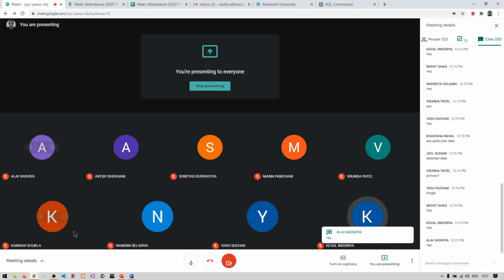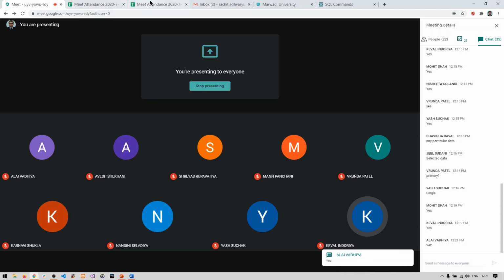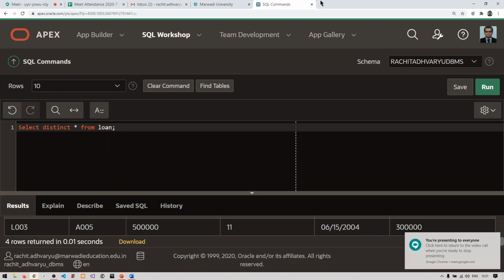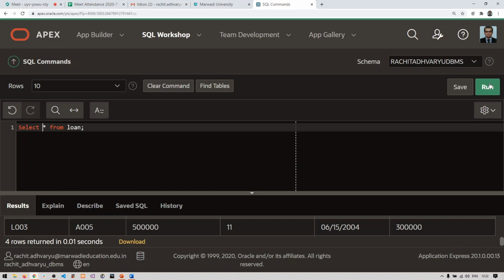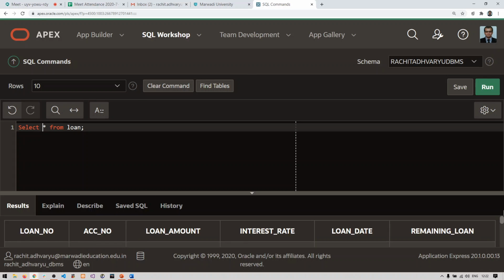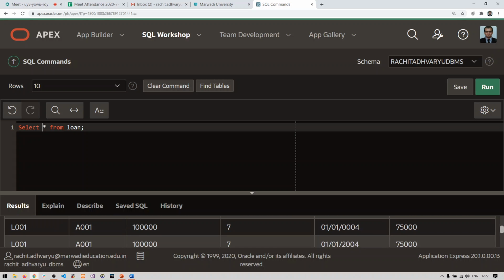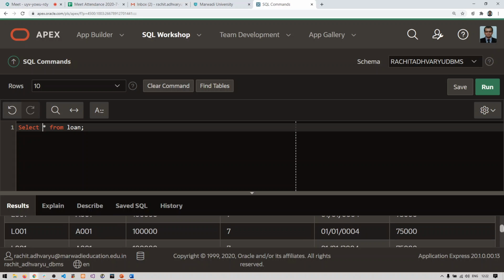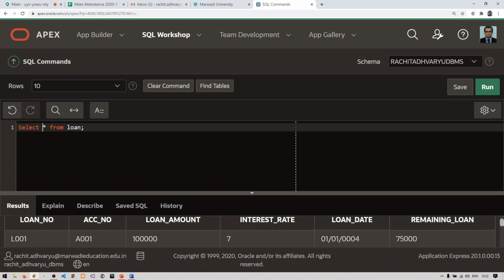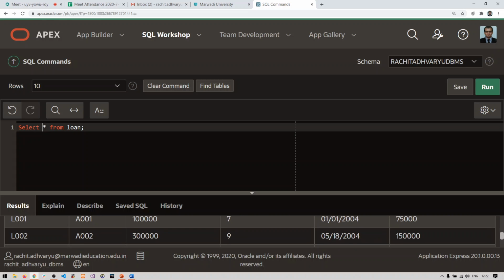Okay. So let me move back to that particular thing again and let's see one thing. You can see now, let me remove this DISTINCT keyword and run SELECT * FROM loan. So what actually we are getting is L001 3 times, A001 3 times, and the loan amount again 3 times, right?